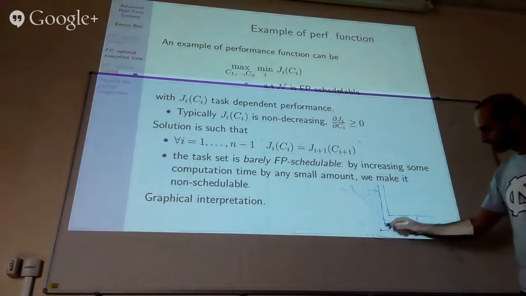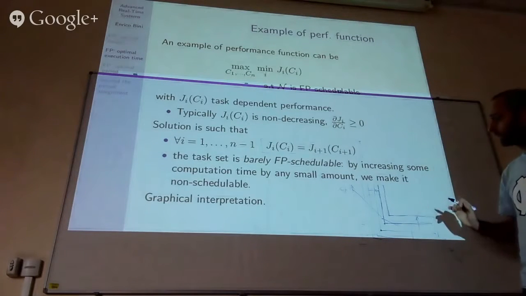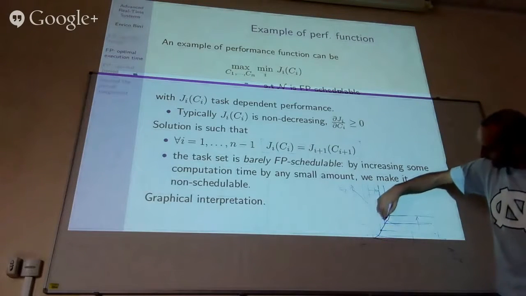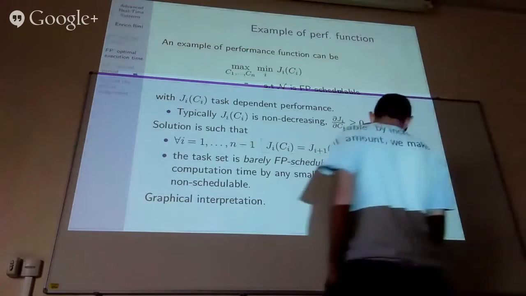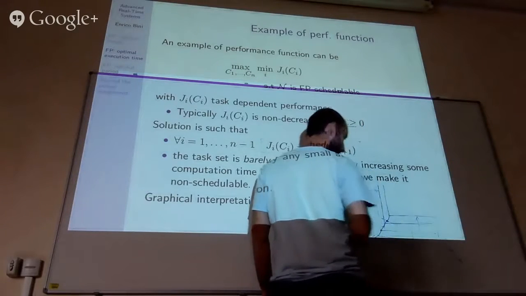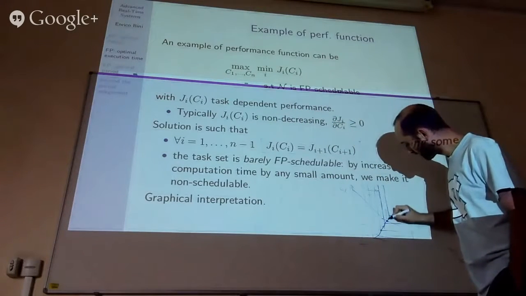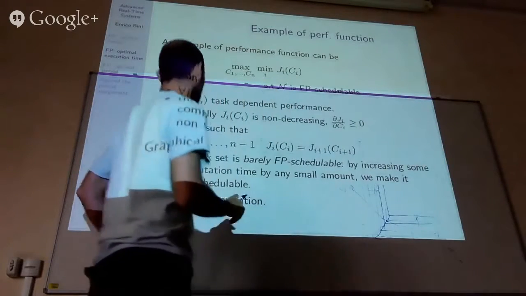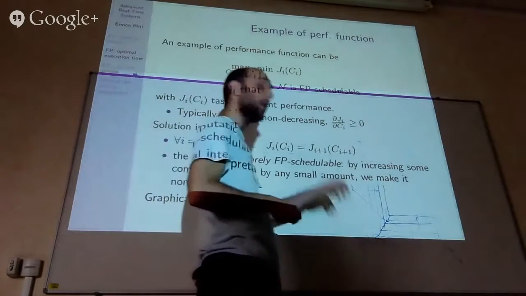schedulability region, and because of this shape of the cost, the optimum in this case will always be in this condition. So the optimum will always be along this path of having all costs equal to each other, and since the cost is increasing this way along this path, it will hit the boundary here. So basically, the solution for a problem where the overall cost is written this way and the schedulability region is sustainable